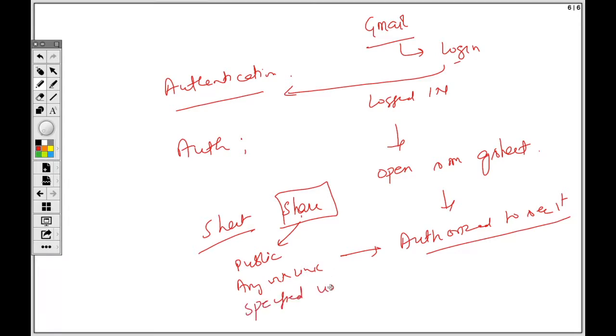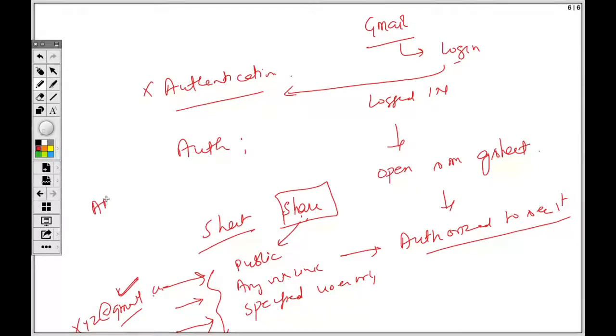All of you must have seen this. When you click on share, these are the three options. If you make it public, that means you do not even have to be authenticated. Anyone can have access to it. This is something public, like a website. Anyone with the link is somehow within your personal trust zone to whom you have given it. So they have a link, you are taking care of authentication also. But if you say specified users only, then you enter the email xyz@gmail.com.